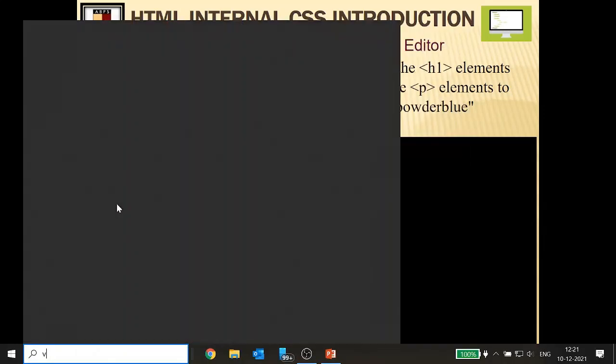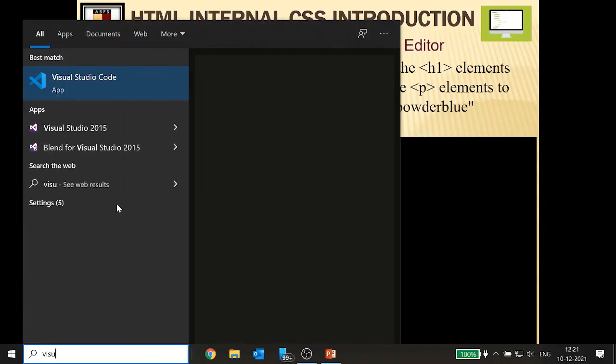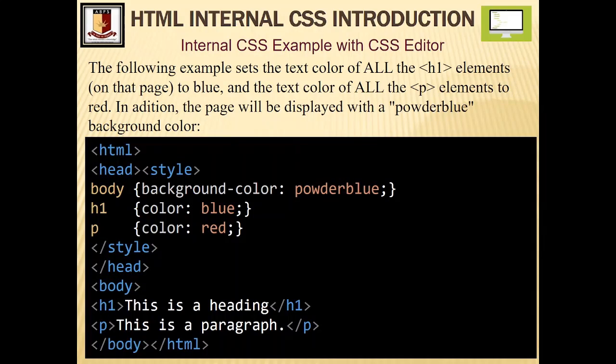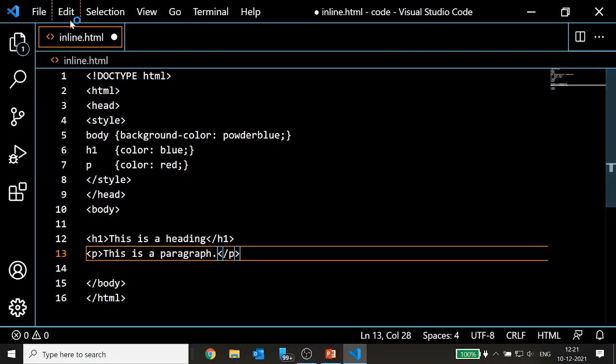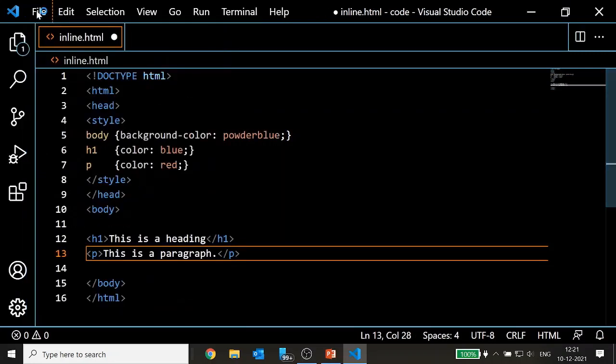Let me start Visual Studio Code. This was the previous one. Now let me open the folder.